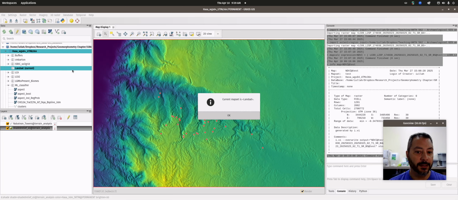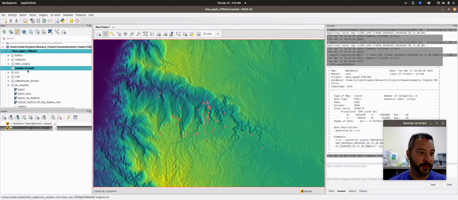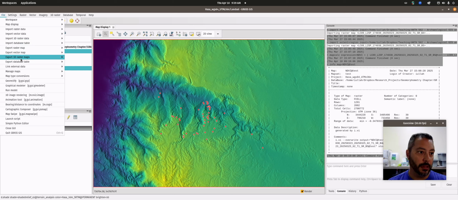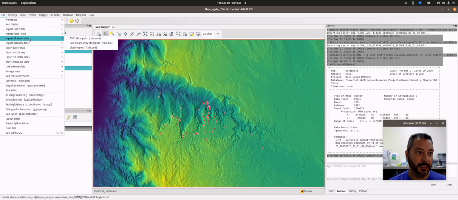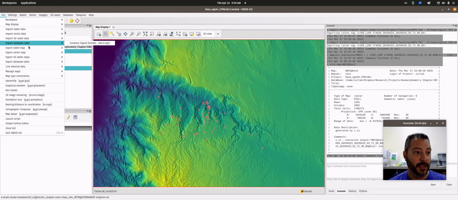because that's where we're going to import our base Landsat imagery. So we click OK. Once that is done, here we have confirmed that we are in the Landsat map set. It says current. To import any GRASS or any GIS data, we go to the File menu, and we actually have a lot of different import options. Import raster, import vector, import 3D, import database. And then we also have the export tools if we wanted to take data from the internal GRASS database